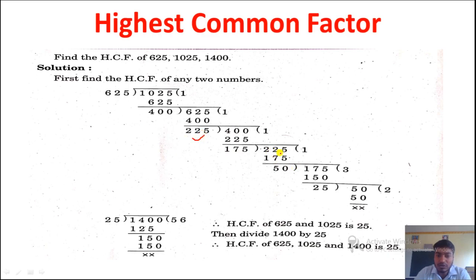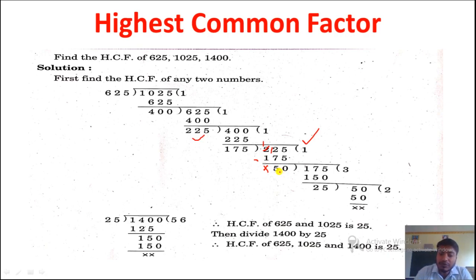Here you can see 225. Now how many times will it go? Again one time, 175. Now subtract: 5 minus 5, 0; 2 is less than 7, so this will take borrow from here. When we take borrow, this will become 12 and this will become 1. Now 12 minus 7, 5; 1 minus 1, either you write 0 or give cross mark. So now we got the remainder 50.